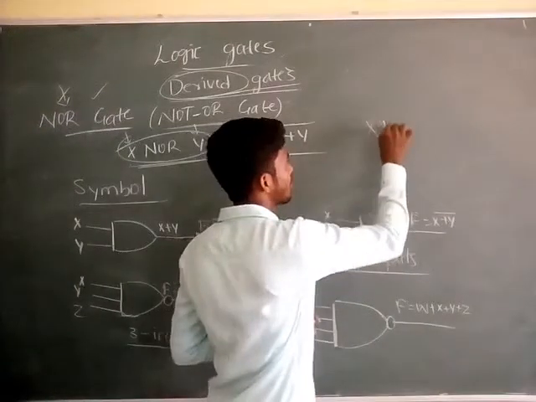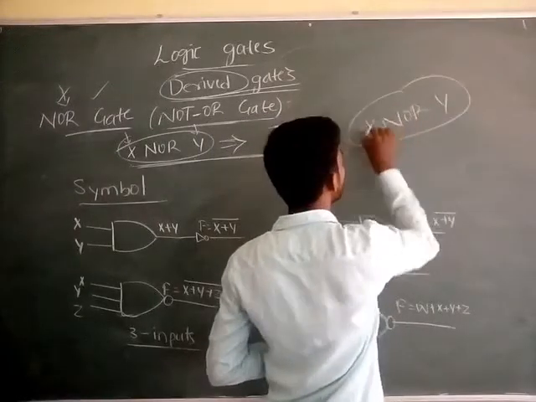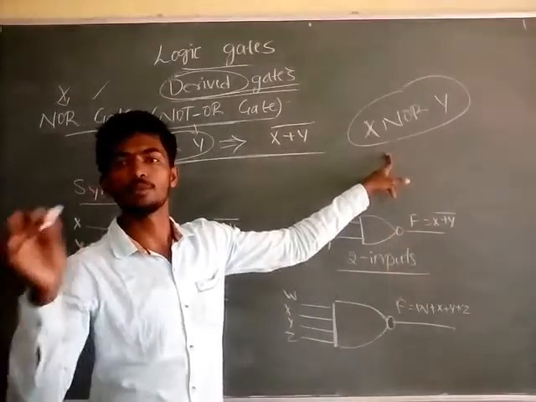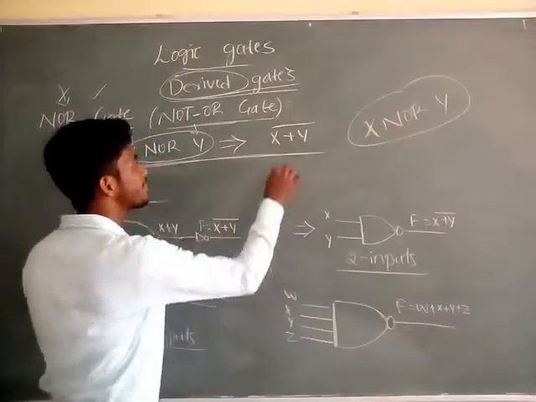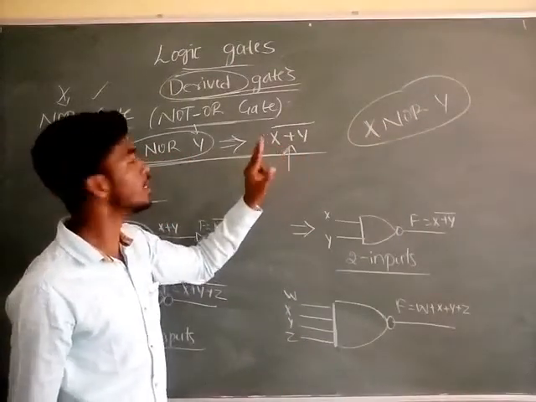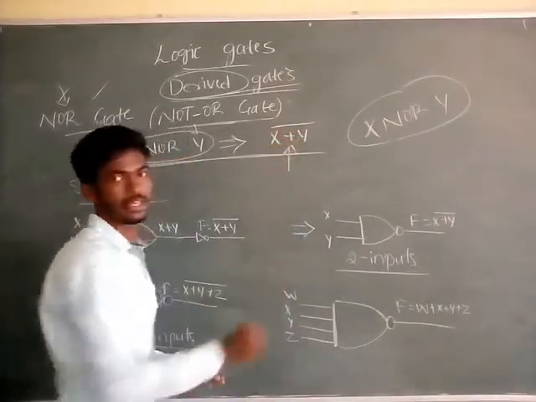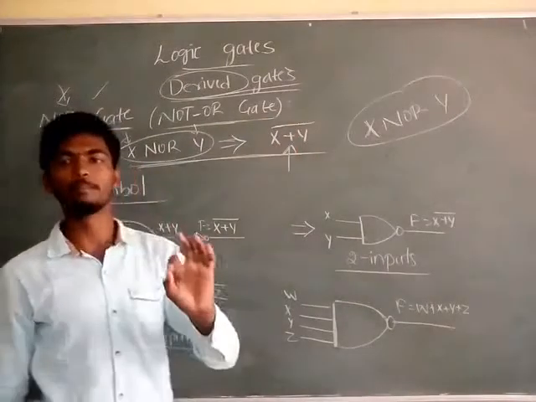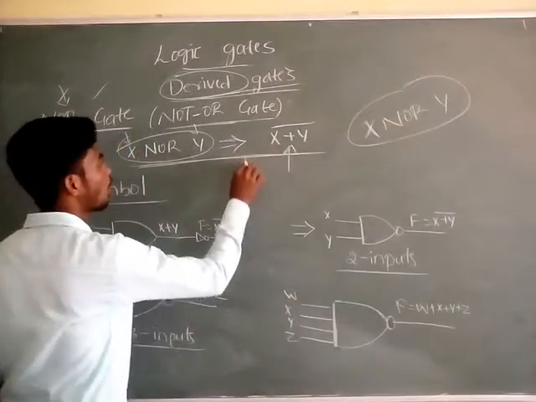X NOR y is a simplified representation of a NOR gate operation when you give the two inputs x and y into the NOR gate. And this is the arithmetical, or symbolized, representation for the same gate provided with the two inputs x and y. X plus y whole complement is the simplified symbolized format. This is the one thing about a NOR gate.